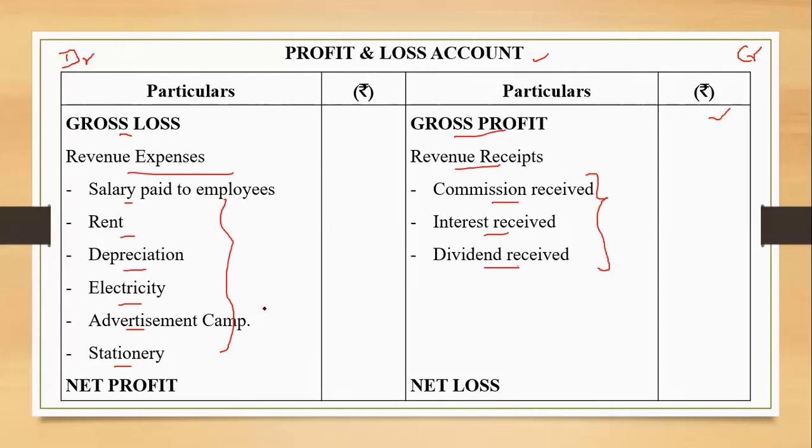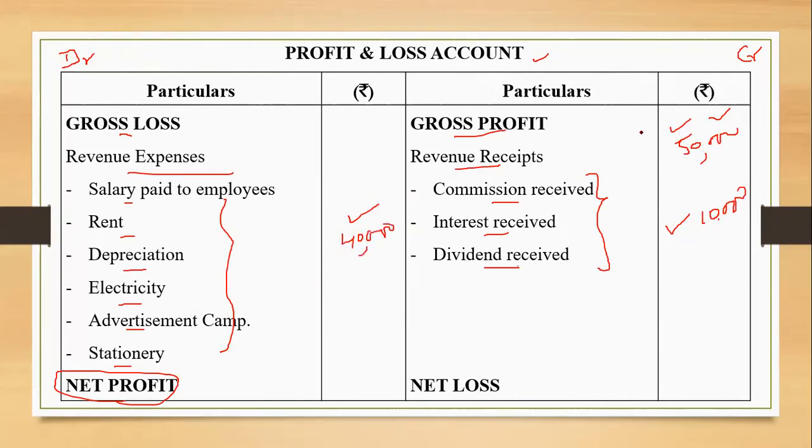The reason for showing you the format again is to make you understand the net profit or net loss. It will be a net profit only if the total of gross profit and other incomes exceeds the total expenses. If you want to take an example here, suppose this is 50,000 and this is 10,000. The other incomes total comes to 60,000, and the total of all the expenses, suppose it is 40,000.